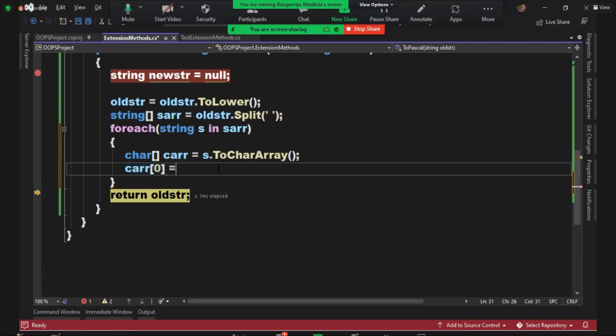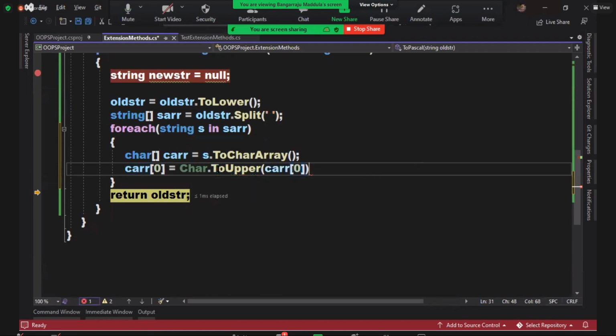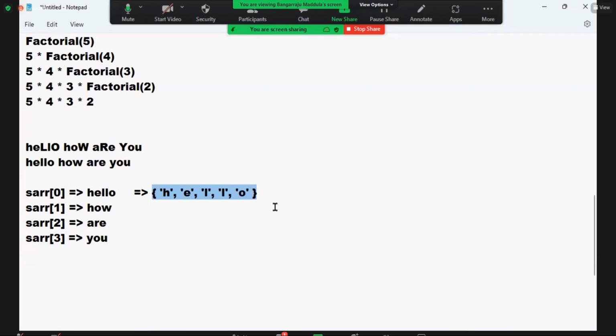It is equals to char.ToUpper of. I am picking the first character, converting it into uppercase, and assigning it back to the same location. Now what happens, guys? This converts into